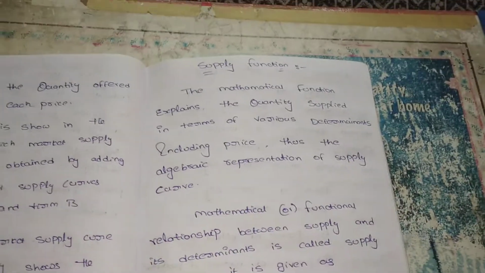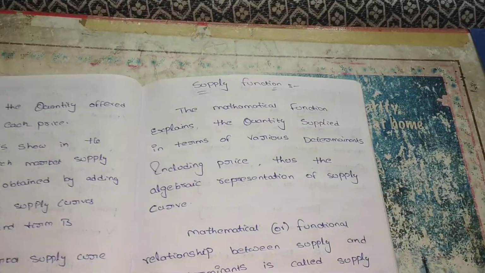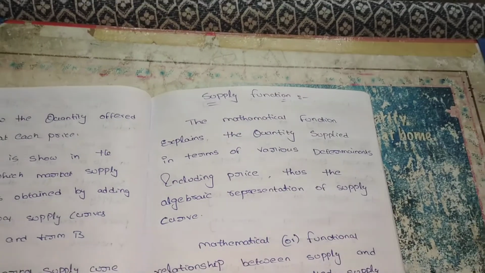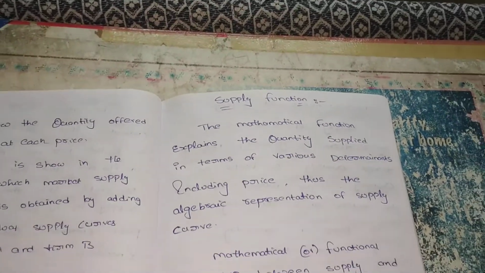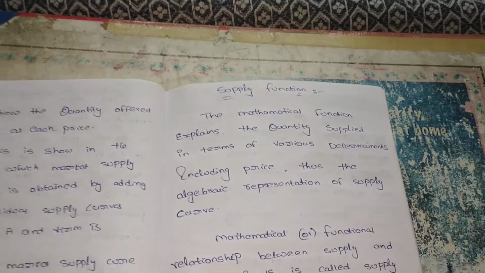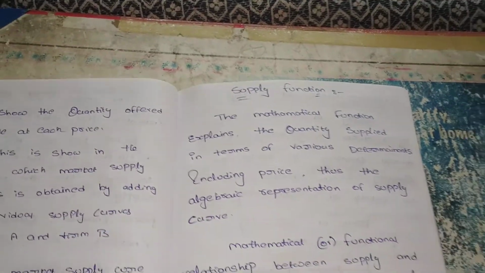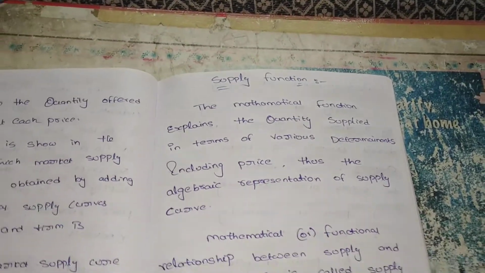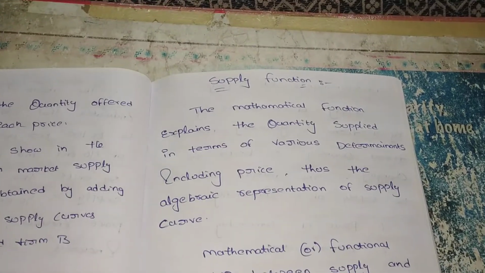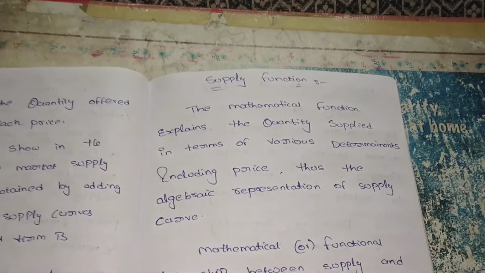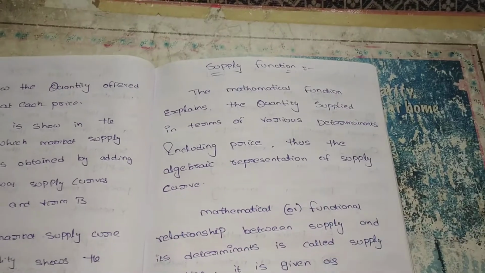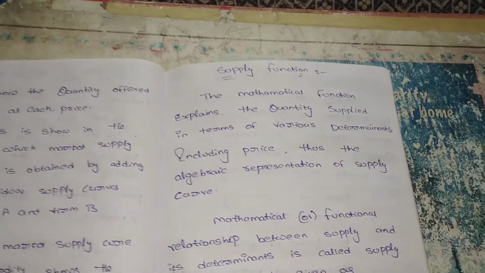In the previous lecture, we discussed the uses of elasticity of demand and the concepts of supply. In the concepts of supply, we discussed the definition of supply and the supply schedule. In the supply schedule, there are two types: individual supply schedule and market supply schedule. Next we saw the supply curve, which also has an individual supply curve and a market supply curve.